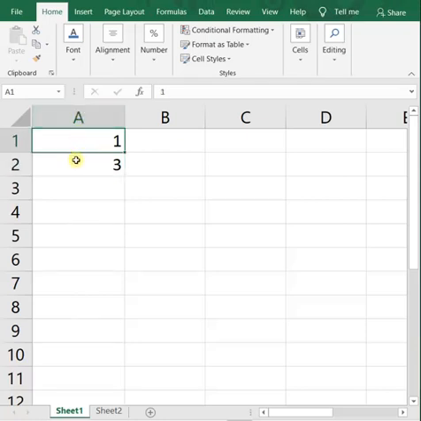A1, A2. A2 is the downward adjacent cell of A1. In the downward direction, A2 is the adjacent cell of A1. And in the horizontal direction, B1 is the adjacent cell of A1.